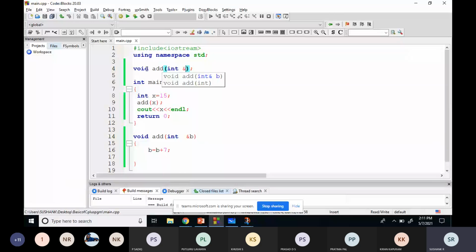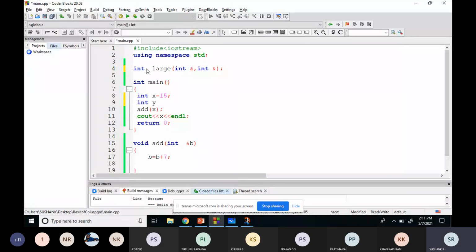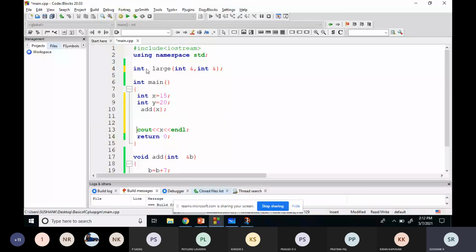I'll create integer large, and after this I'll create two variables, x and y, and give some values to them: 15 comma 20. After this, I have to call this function. I'll write this further. How to call this function?